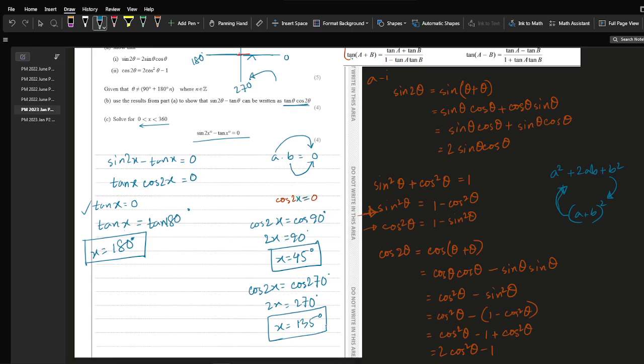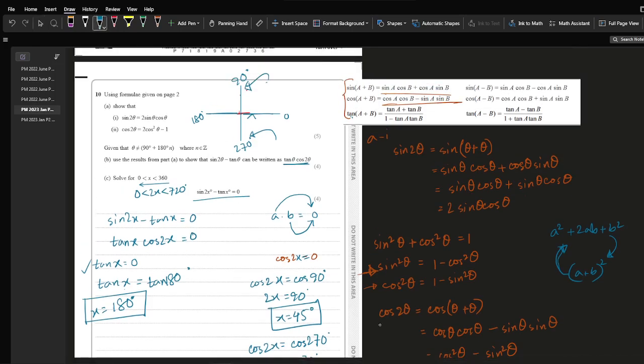So that means 0 less than 2x less than 720 degree. That means you can go 2 full circles. So we got one at 90 degree, we got another one at 270 degree, then the next one would be